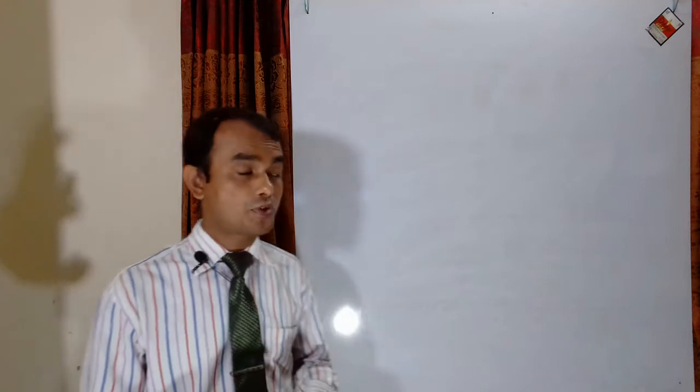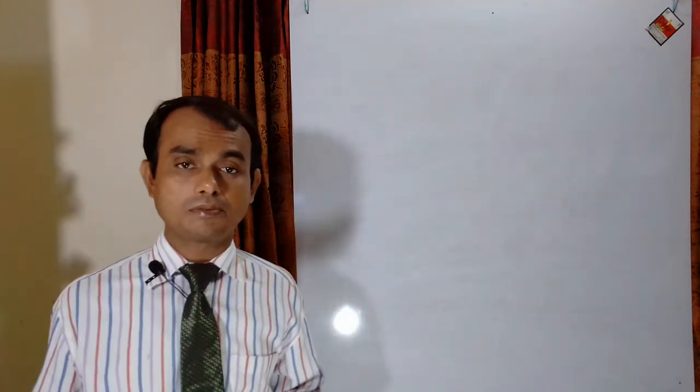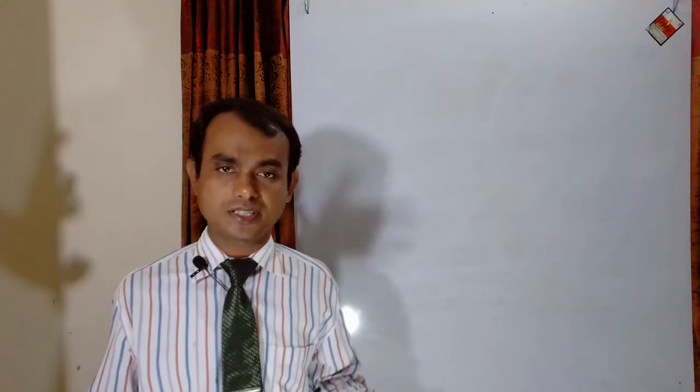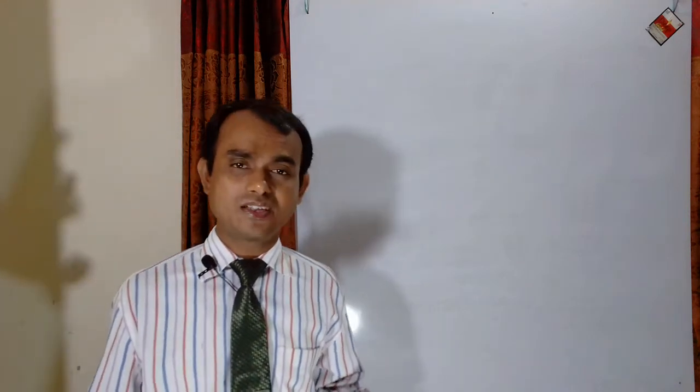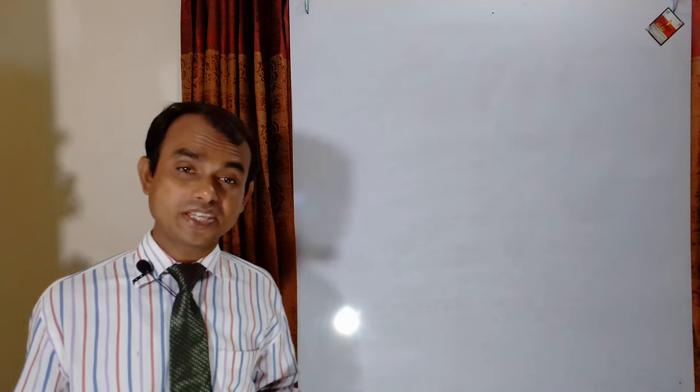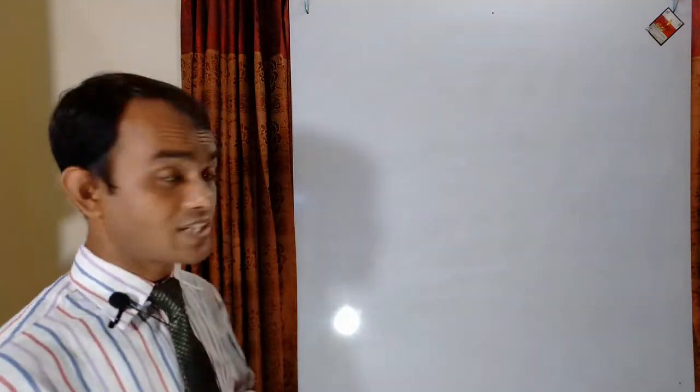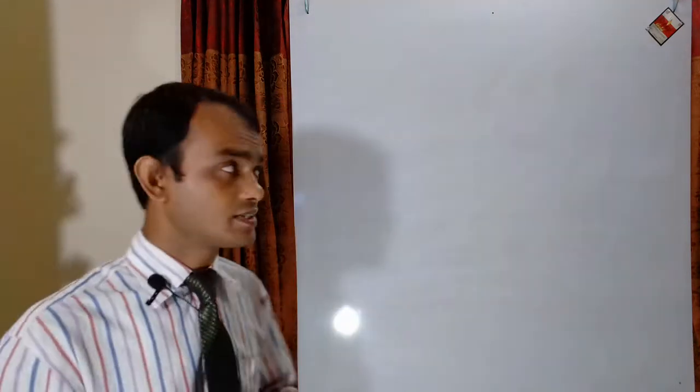Okay, let's come to the point. Dear students, today I am going to teach you about verb. That is so important. Okay, what is verb? Verb is a doing, saying or acting word. For example, am, is, are, was, were, have, has, had. Okay, I'm going to write on the whiteboard so that you can have a clear idea.